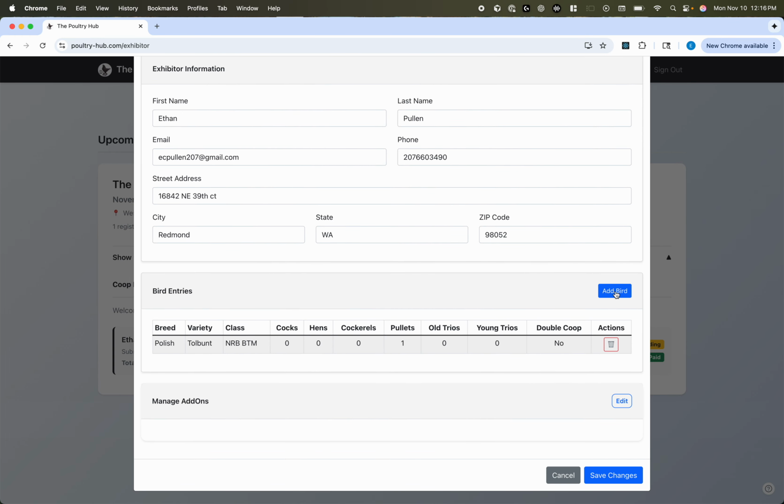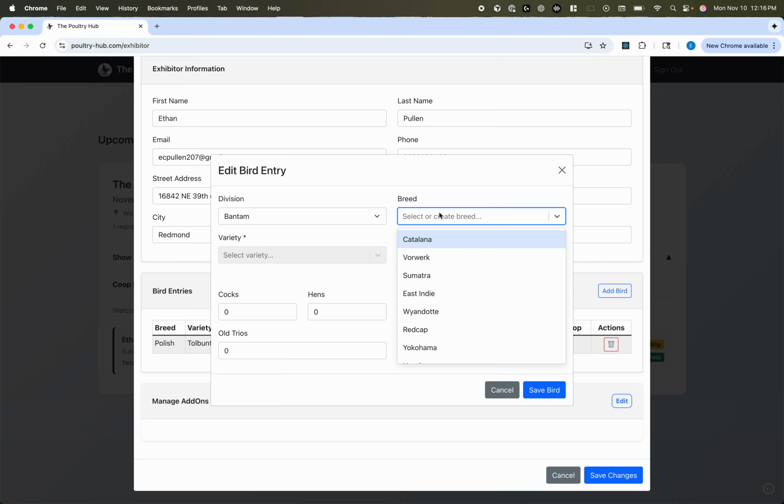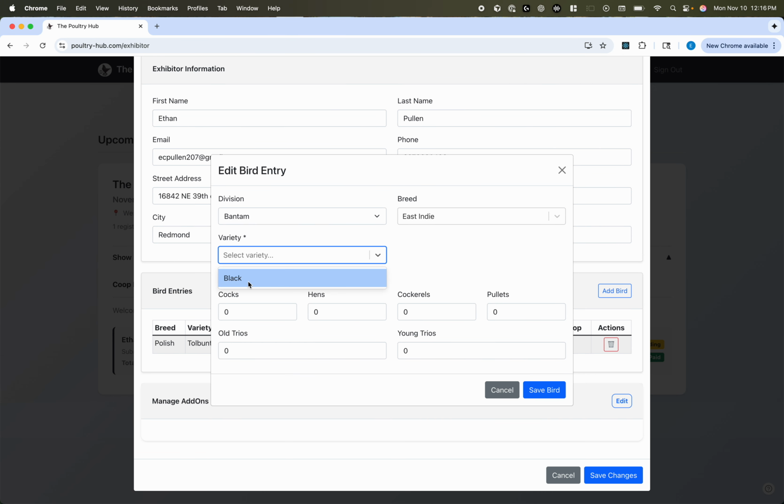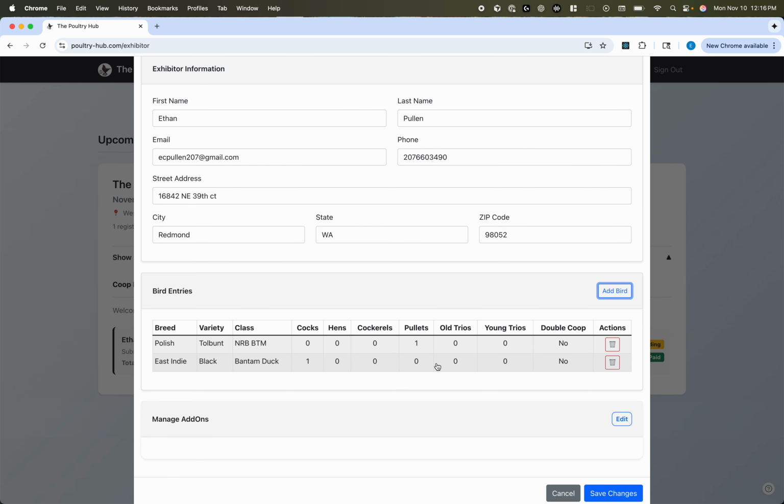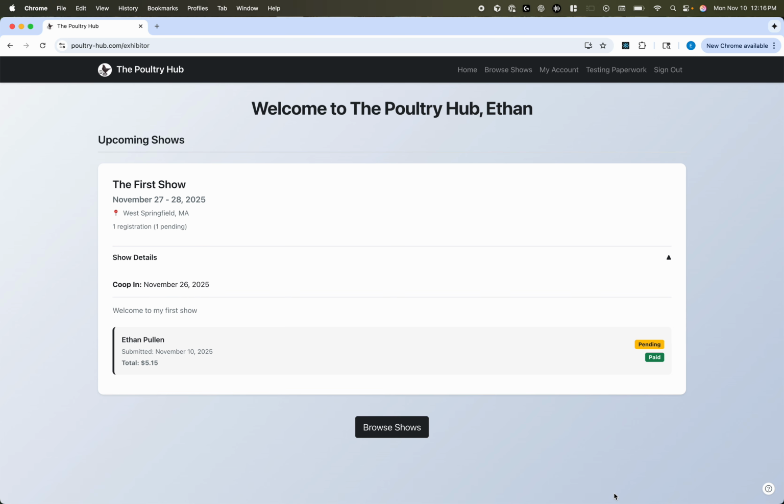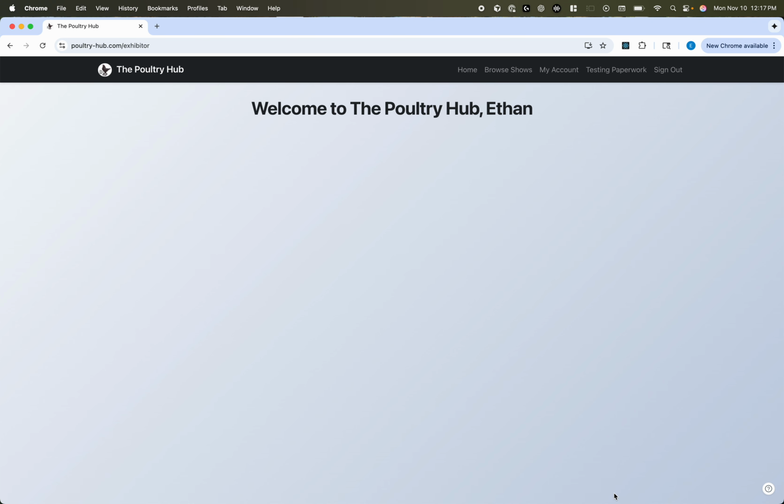Suppose you wanted to add an additional entry. Let's say we wanted to add 1 Black East Indie. So we click Save Birds, we see it updated on this list, and then we click Save Changes to update our account. Then if we refresh our page,